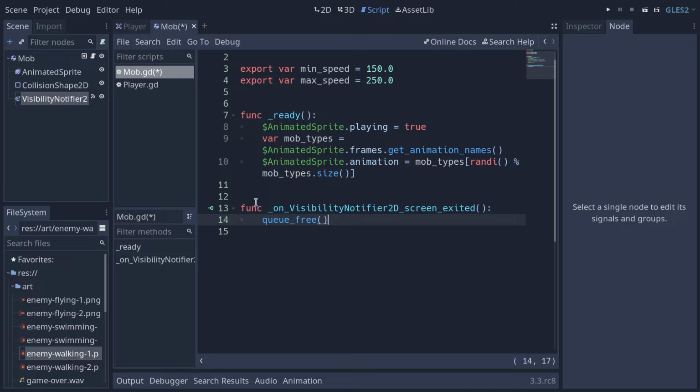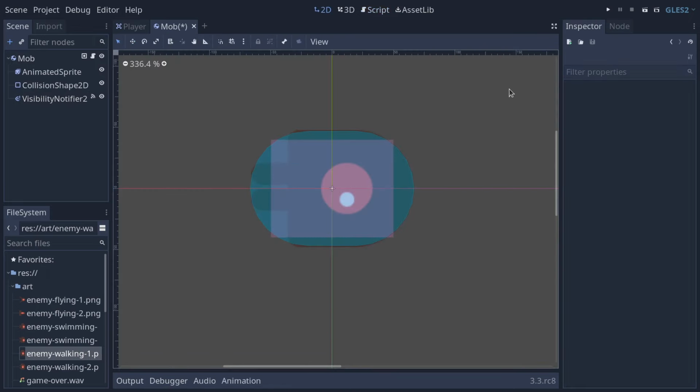It's called queue_free for technical reasons. There's another function called free, which instantly destroys the monster. queue_free is safer and lets the engine handle removing the monster at the end of a frame. But with that, we have our monster ready to spawn, and that's what we'll do next, setting up our game